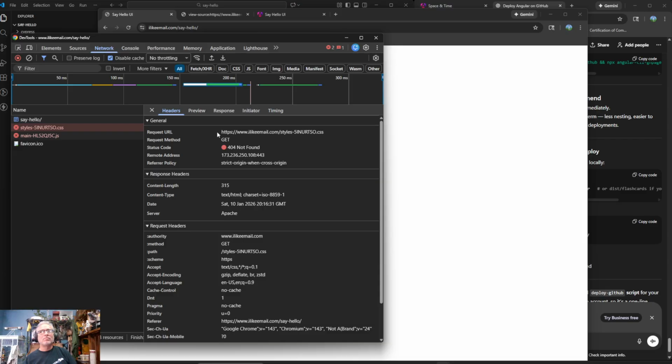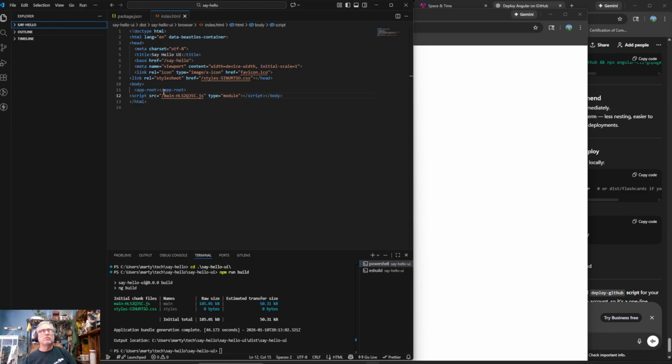Like I said, I'm just screwing around now. If I made this slash say-hello. The thing is, the next time I build, all of this will get overwritten. So you kind of have to do a configuration so that you get this stuff.